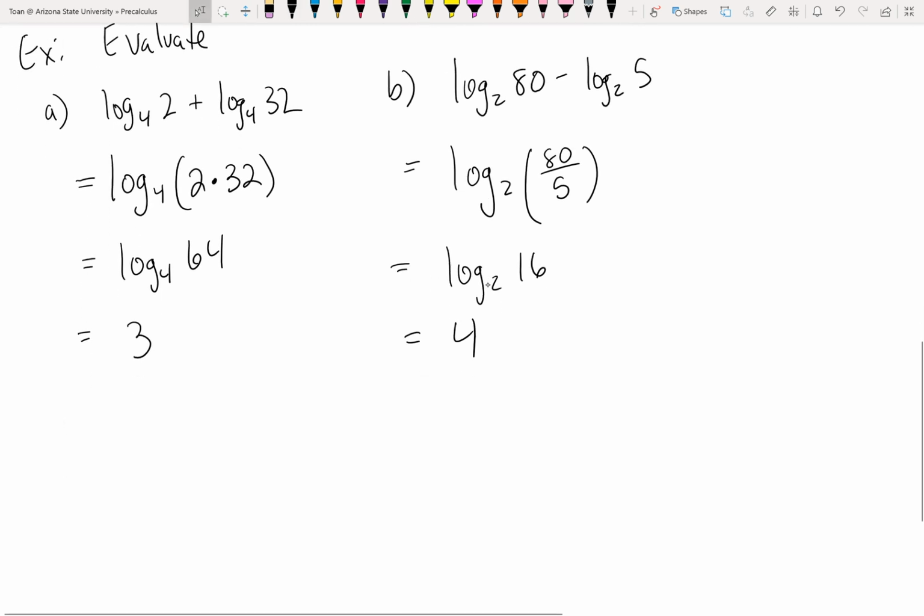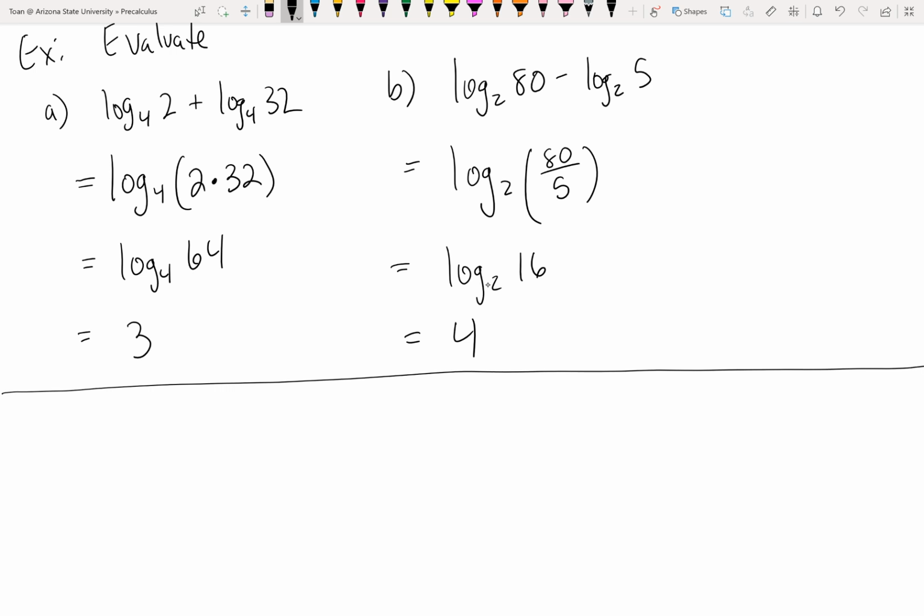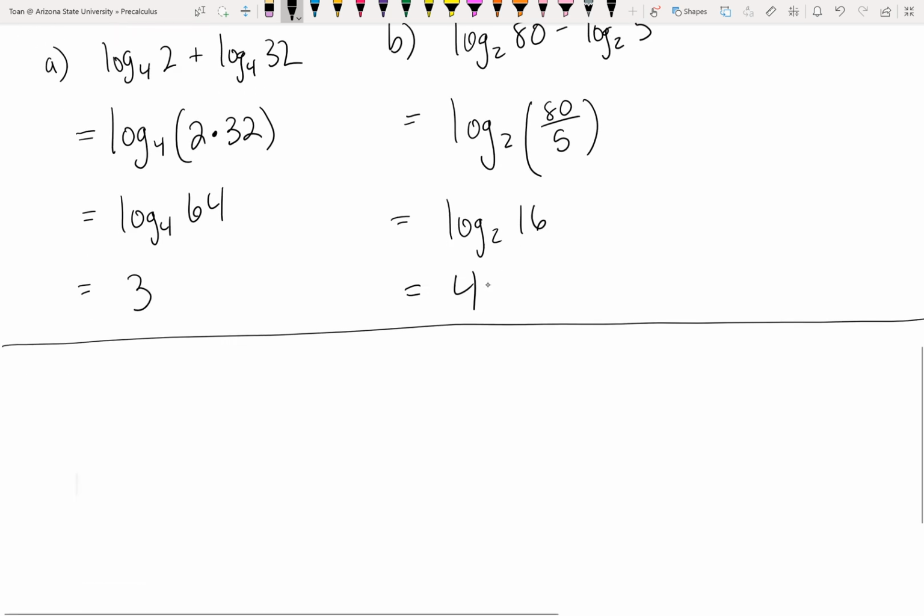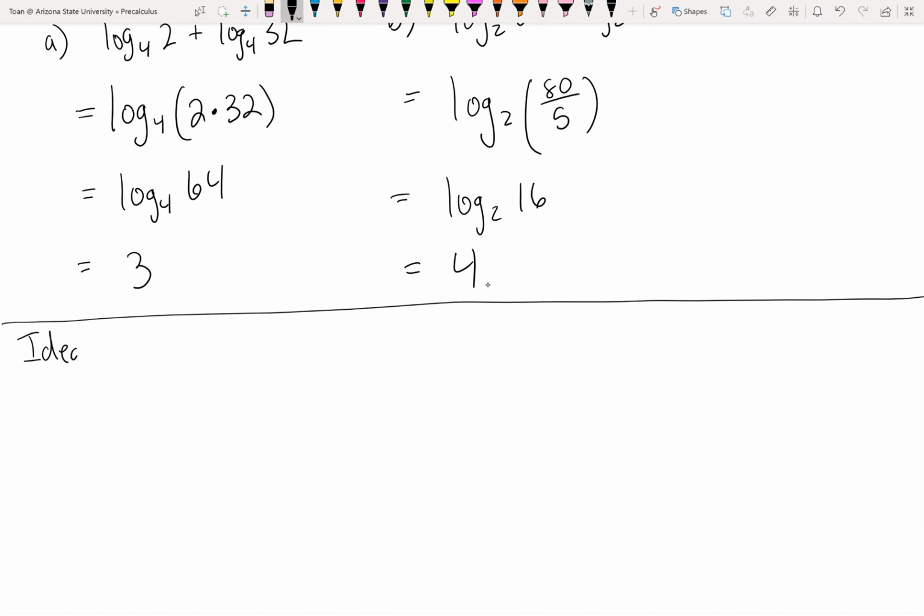Now, that is not going to be the main part of this lesson. The main part of this lesson will be to do these things called expansion and condensing, right? And as the name suggests, it's all about rewriting logs to make them bigger, more spread out, or smaller, more condensed. This is sort of like the idea of expansion. To expand, aka break apart, a single log